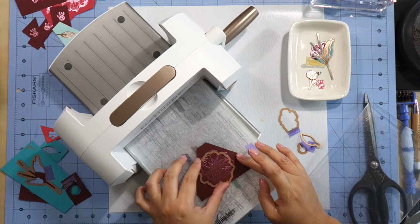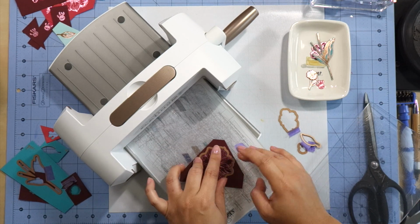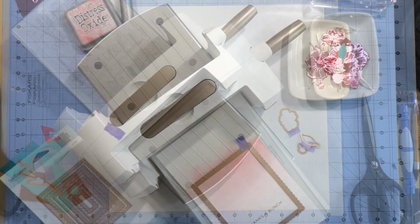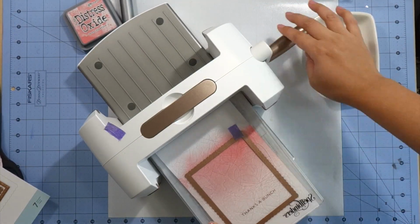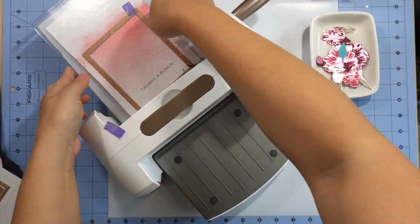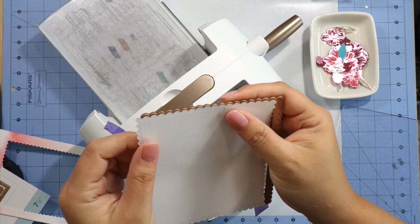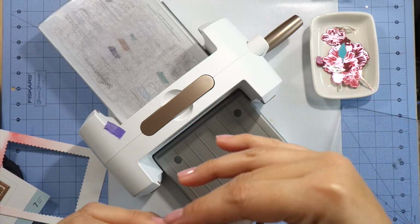Another positive of these dies cutting so close is that you don't have to worry about the overfoiling that I showed you at the beginning. They just cut it right off. I'm going to be using the largest of the Spellbinders Fancy Edge rectangle nesting dies, and I will cut that out of the white cardstock that I foiled the sentiment on. And so this die cuts it a little bit wider than I wanted for my card base,